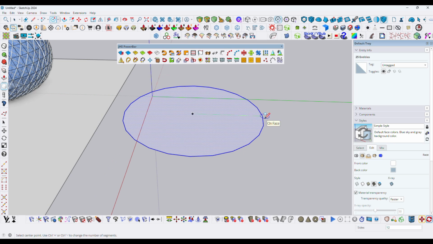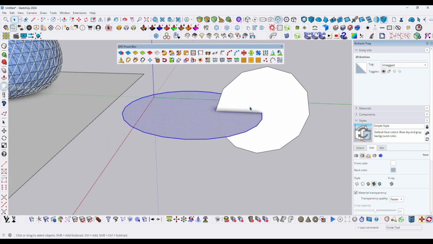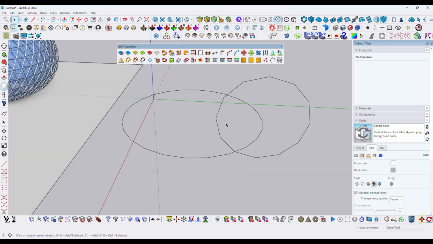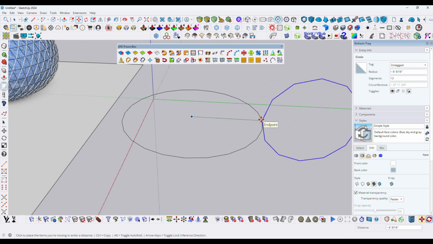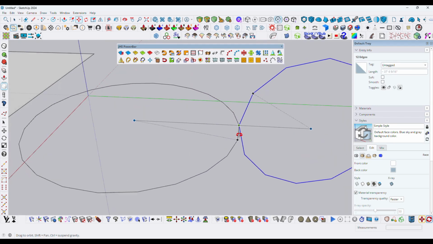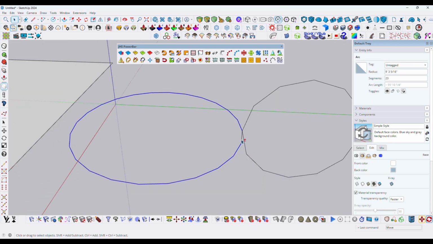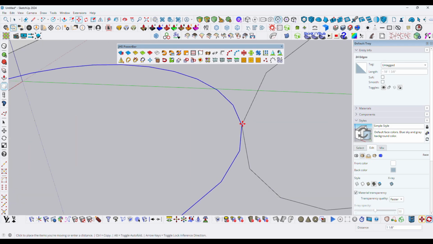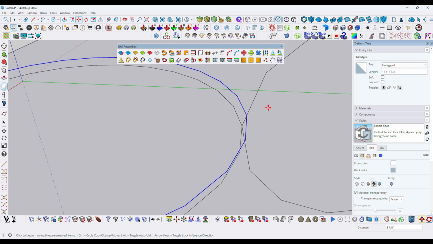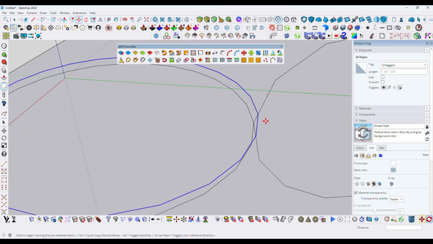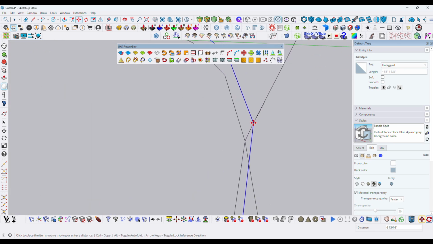just draw another circle line over here, just like that. Okay, and delete both faces, and then you have to connect it. Just move it over here at this point. Okay, now we need to copy this line over here like that. Okay, or a little bit downwards